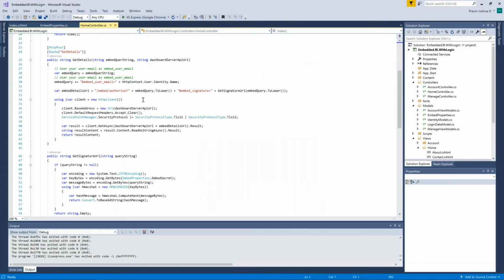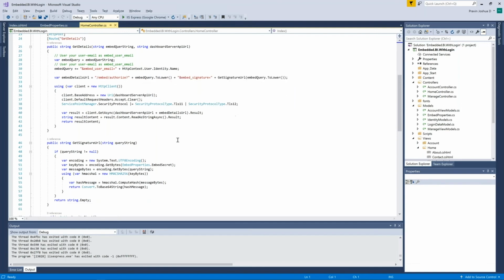So as I said before, the authorization URL has to be built, which basically contains the user identity, such as a user email or a username, and a signature, which is calculated using a hash from the embed secret and your mail ID. When you send this request URL or authorization URL, in the server, we'll redo this hash and make sure the signature in the URL matches the one that we calculated. So that's how the security works there.